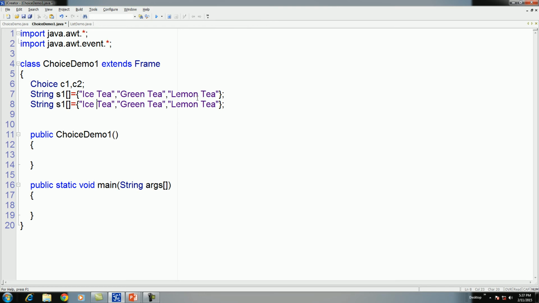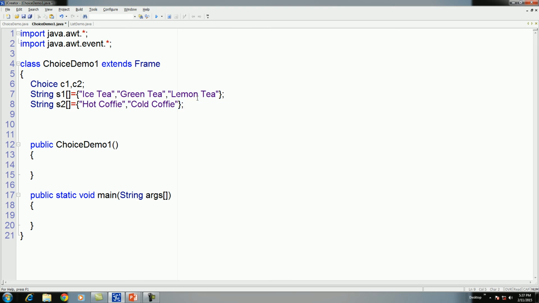Now create the options for coffee. Hot coffee or simple coffee or only coffee. Then there is cold coffee, or you can also add cappuccino, all those things. Here it has only two items.